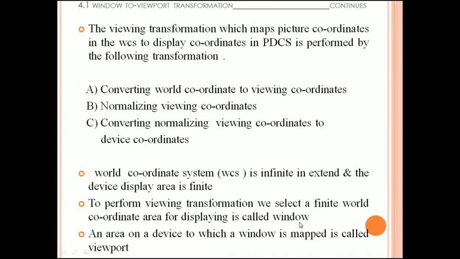Whichever part is to be displayed on our screen is a finite world coordinate area, and this selected area is called the window, and the area on a device to which the window is mapped is called the viewport.